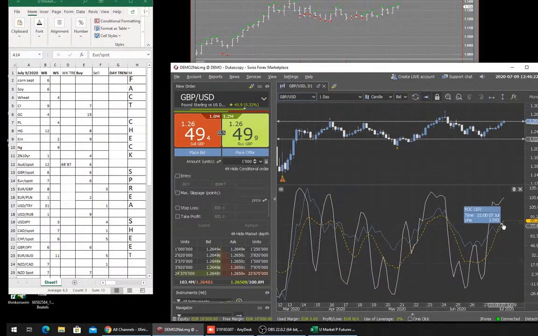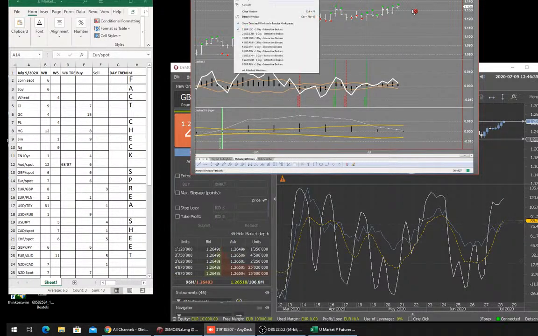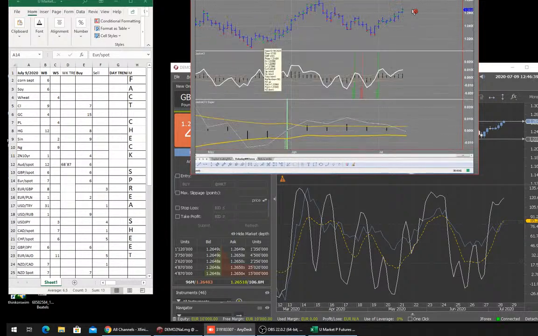You can see the two other lines that we follow, the slow stochastic and the rate of change, is still lifting also. And then we slide over to the quant chart. There it is right there. You see the same thing. This thing is lifting up. Yeah, but that's that on the euro, and that on the